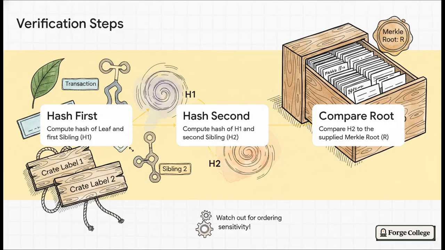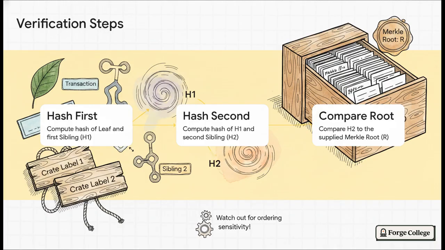Step 2. You compute the hash of H1 and the second sibling to get H2. Step 3. You simply follow that chain of custody, write up the crate labels, and compare your final hash, H2, to the supplied Merkle root, the master catalog entry. If they match, you know exactly where your page is in the library without having to crack open a single